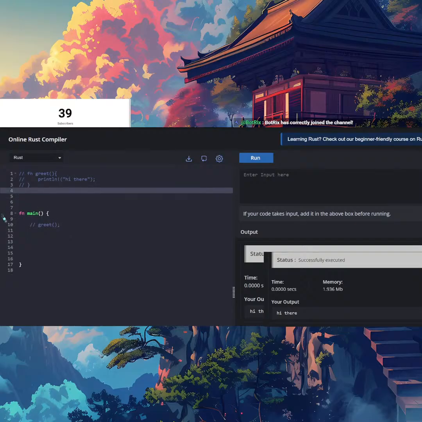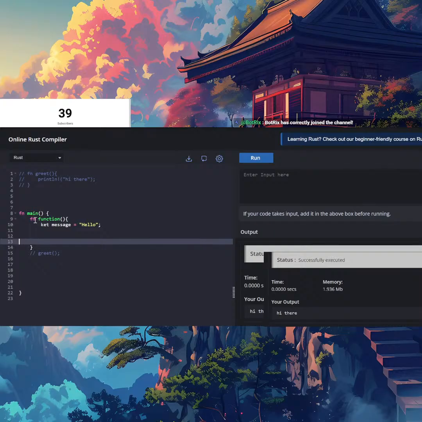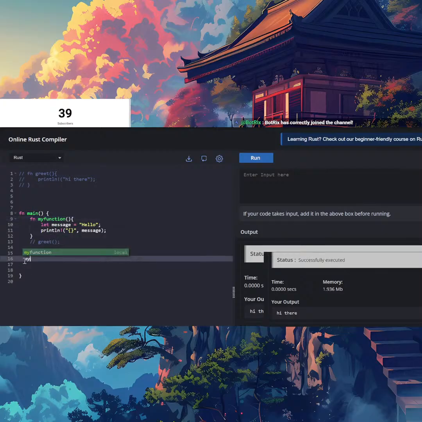So fn my_function, let message, and then call my_function.